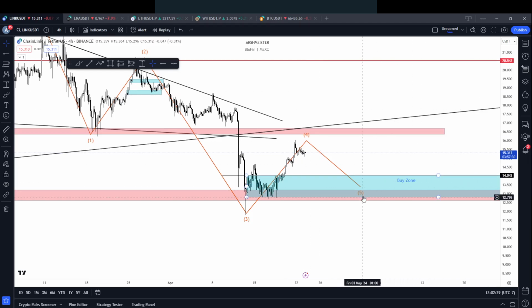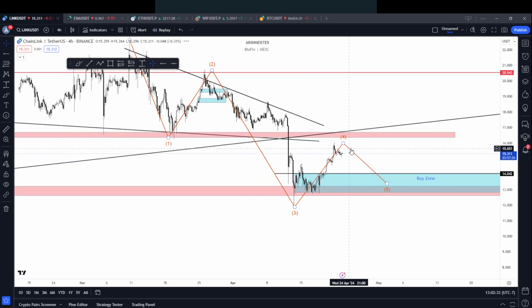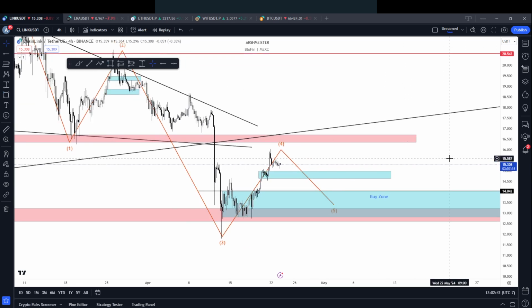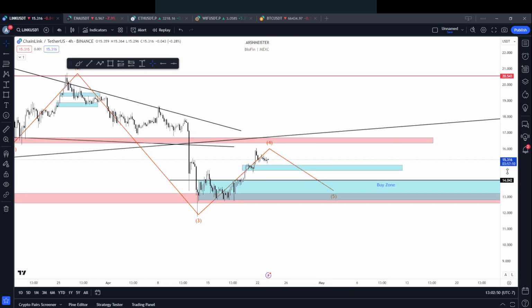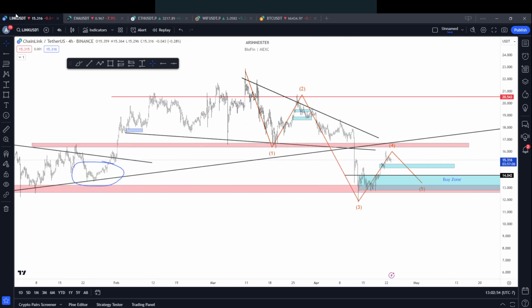So honestly, I would love for a dip into the $14 region to finish the fifth wave down. But honestly, I gotta do more research on this and do some charting. I know it takes me like 2 minutes to come up with 10 plays, but $15 down to 14.50 looks good. Now the problem with Link is